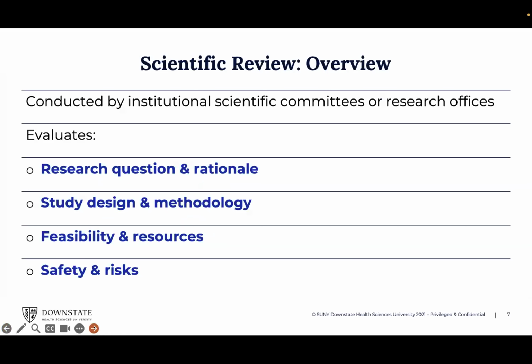So scientific review, what happens here? Some institutions might have just one committee. They might have a committee for the science review and then a committee for the ethical review. But what happens usually in a scientific review is a thorough sort of vetting of the protocol regarding the research